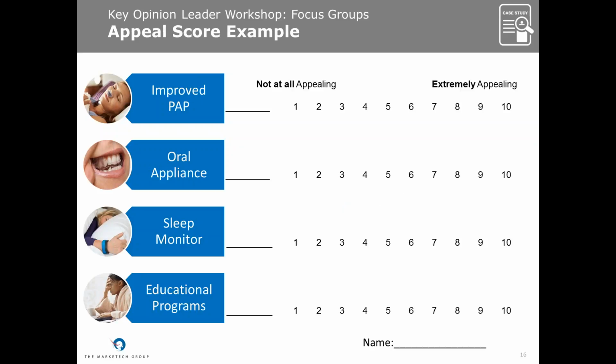Another example of an appeal score: you present a few different alternatives, you ask them to score each, and then by simply adding an additional line item, and you prepare this ahead of time by designing your score sheet appropriately, you then ask them, and you could have multiple pages of this, you could have 12 different potential solutions, ask them then to rank order, so that if they find all appealing, you have another way of getting some quantitative